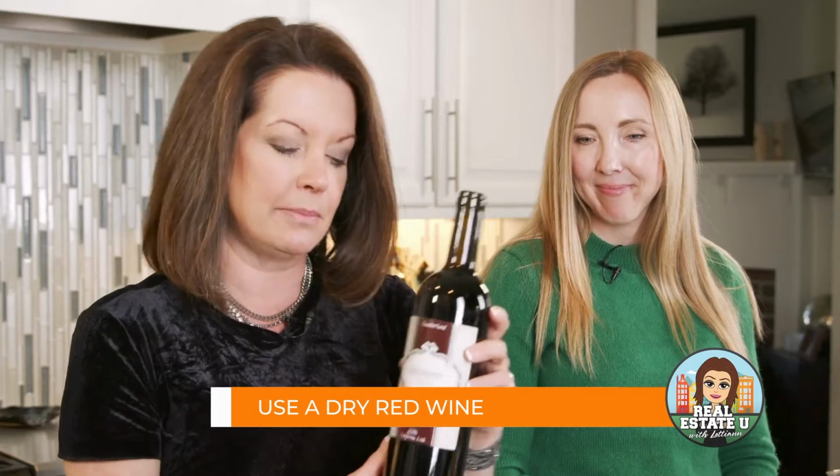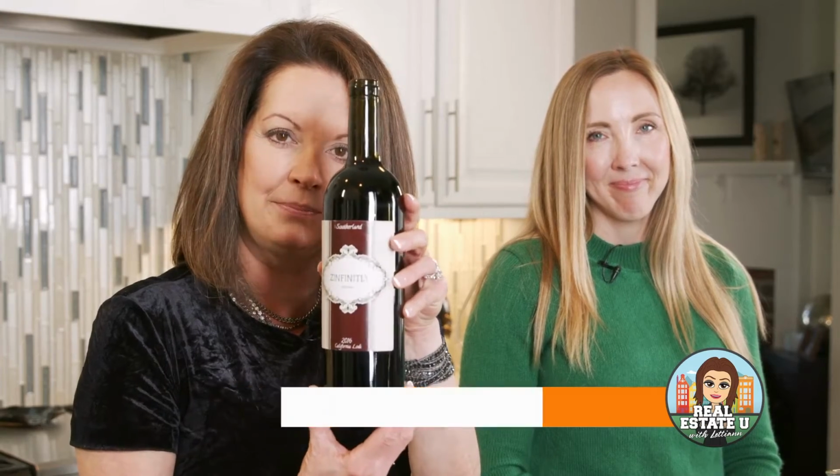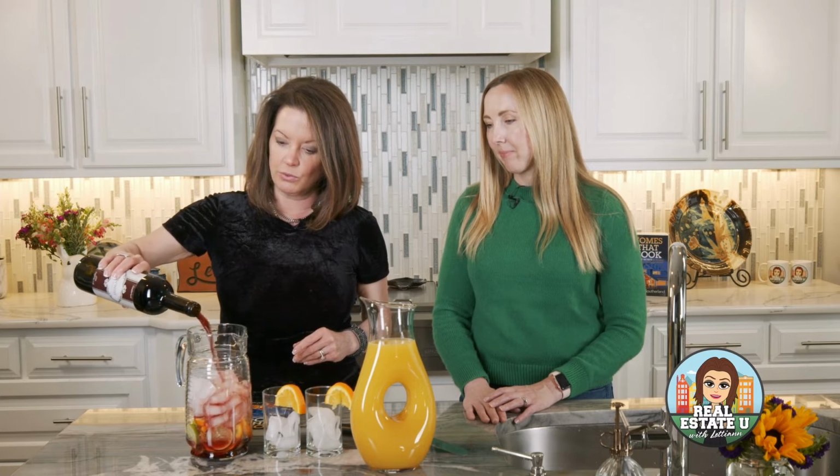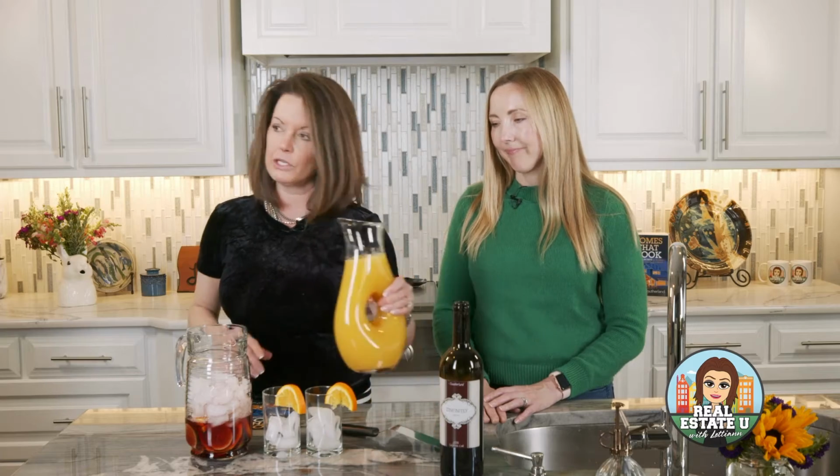First of all, you want to use a dry red wine. Looks yummy. This one happens to be one that I made. It's a Zin. I named Zinfinitely Delicious. I made this one in 2016. It is a Zinfandel. I did get the grapes from California. Had someone crush them for me, and we're gonna use this in our sangria. So we're gonna do equal parts of any dry red wine you have on hand. I might suggest not using an expensive dry red wine, only because you're mixing it with